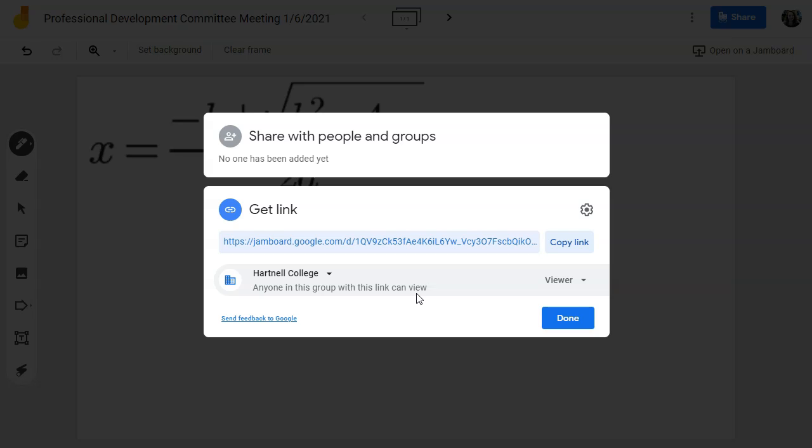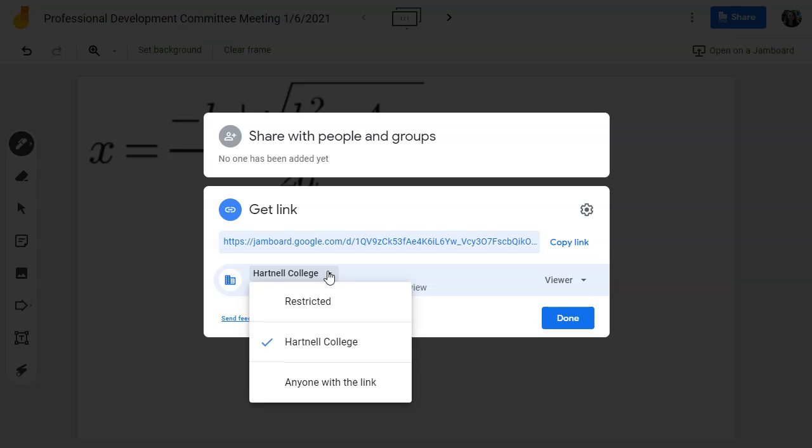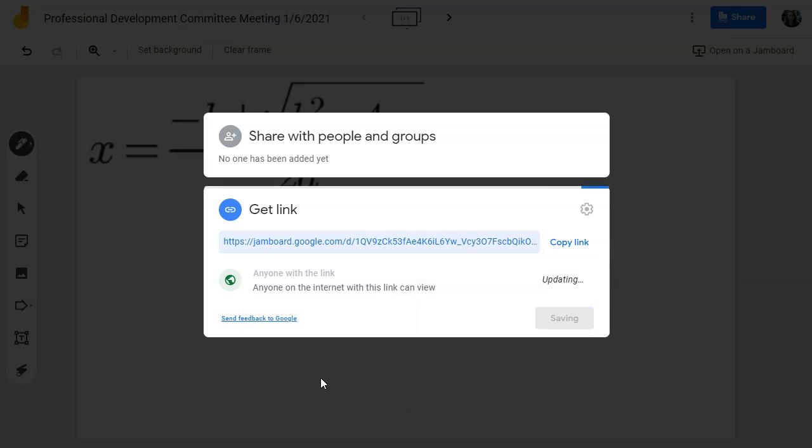So it's not going to be visible to students. Students' email addresses are their first initial last name at student.hartnell.edu. So Google doesn't actually see them as being a part of Hartnell College. That's just the way that it works. So you'll want to make sure that you share it with either people at Hartnell College, because you only want staff members, faculty members, administrators to be able to collaborate with you, or you can share it with anyone that